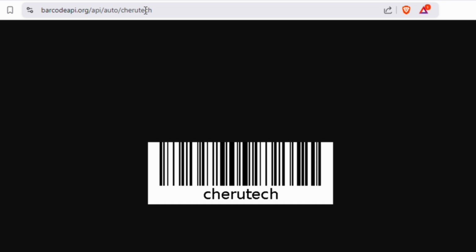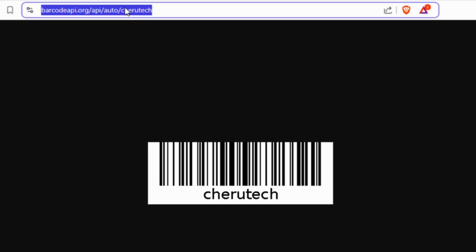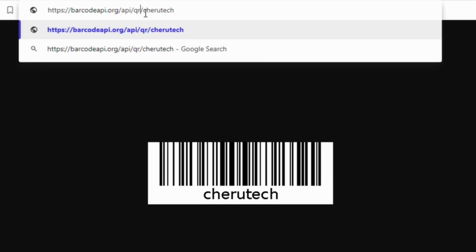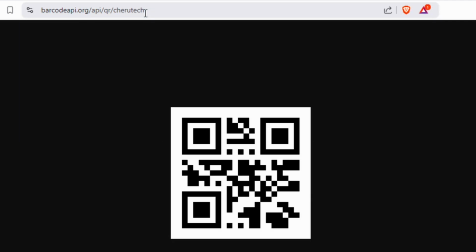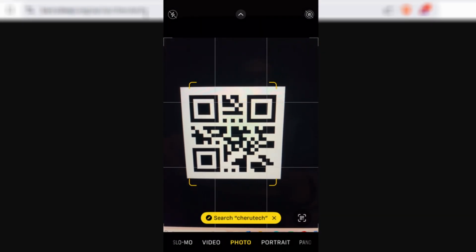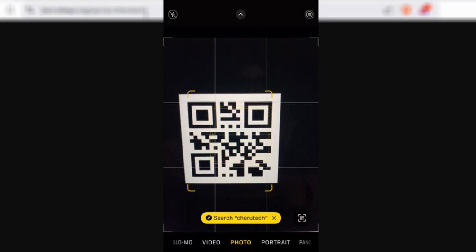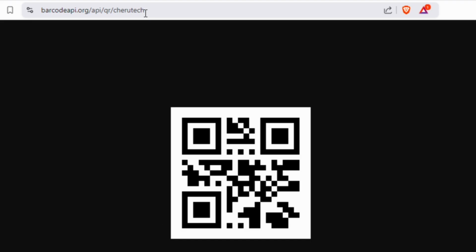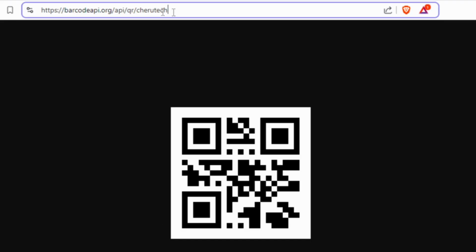I wanted a QR code, so we need to tell the API which barcode we want exactly to generate. Click on the API URL and instead of auto, write in QR. Now, if I scan the QR with my phone, I'm able to see the text that we added to the QR. If you go a little further and add the URL of the YouTube channel,